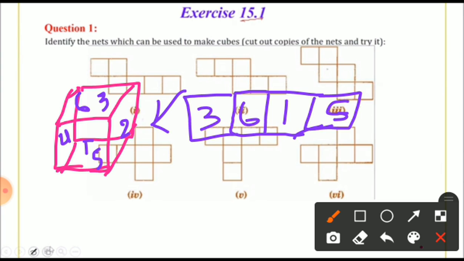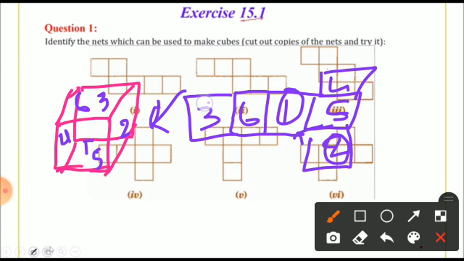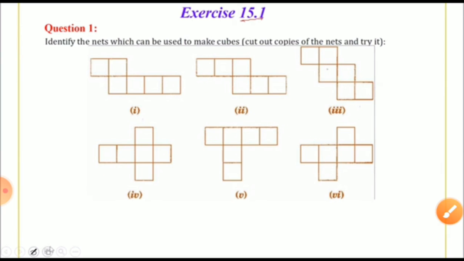But now only 2 are left. Those 2 will be coming this way, and the fourth will go in this direction. So these are the squares you are opening in this direction. If you open in another direction, the numbers will change. Check whether all the numbers are there or not. 1, 2, 3, 4, 5 and 6 spaces are there. Isn't it? Clear? Okay.